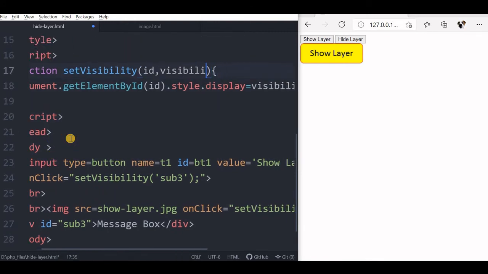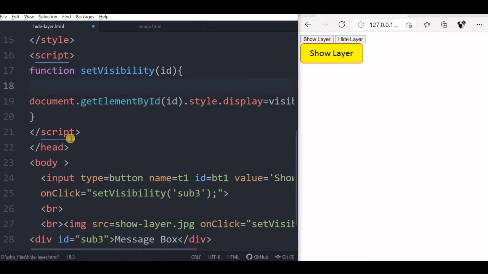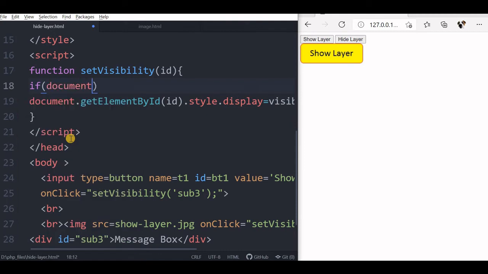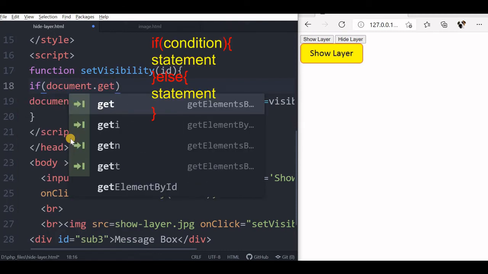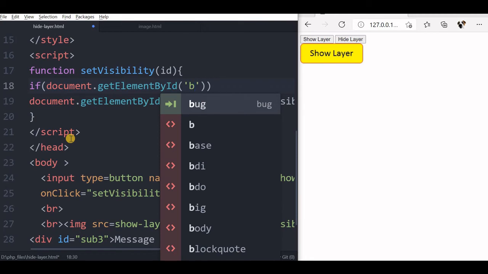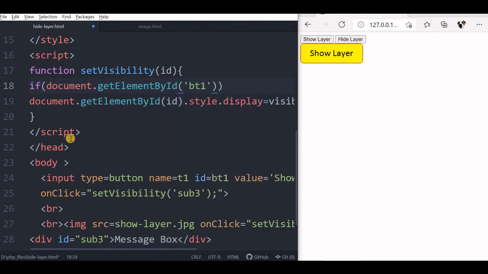Here also the function will not receive this value, only the ID value, and inside this we'll write first one if condition. If document.getElementById bt1, bt1 is a button, dot value.